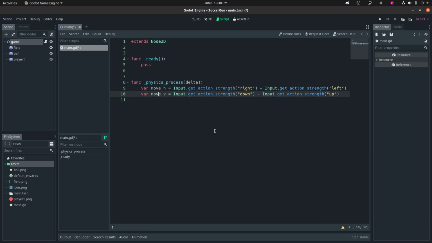Godot 3 added this input action strength thing, which is nice, because it abstracts the gamepad a bit. But this whole adding the right and subtracting the left, it's a little clunky, but it's fine, it works. It is what it is. And if I print move H and move V, if I just test that real quick,